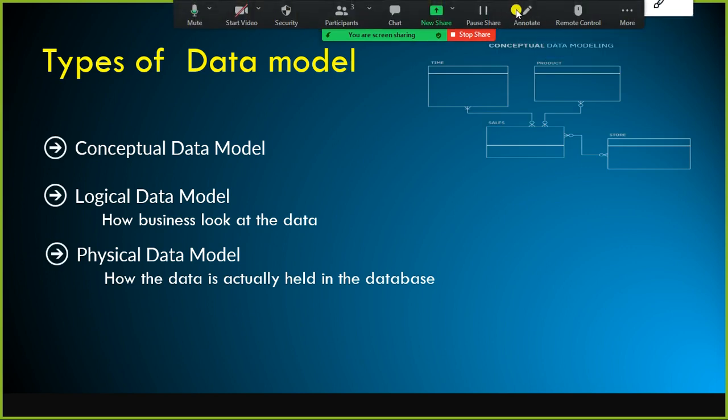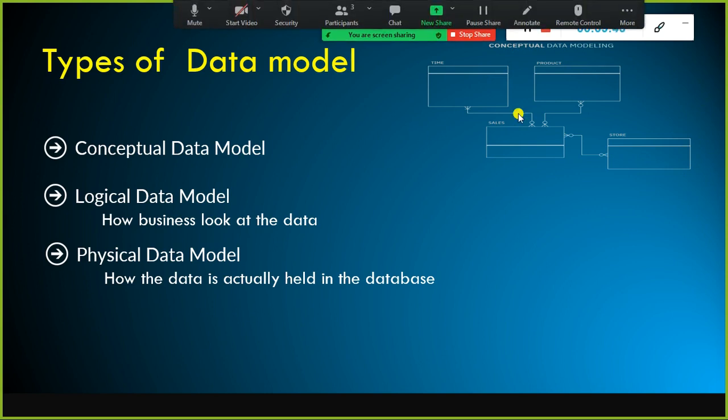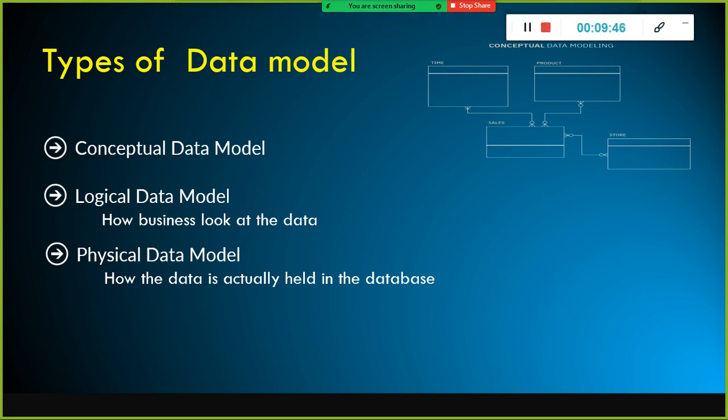So what do you mean by conceptual data model? In order to solve their requirements, one specific department manager in a specific branch says they want to know the product wise sales by store. Or in the corporate office, the VP sales, vice president sales, wants to see all the 5 stores, product wise sales by quarter, or sales by year, or sales by month, or week on week sales. They want to do some kind of comparison. This is one of the use cases.